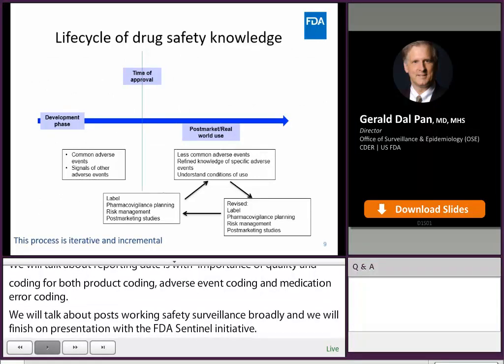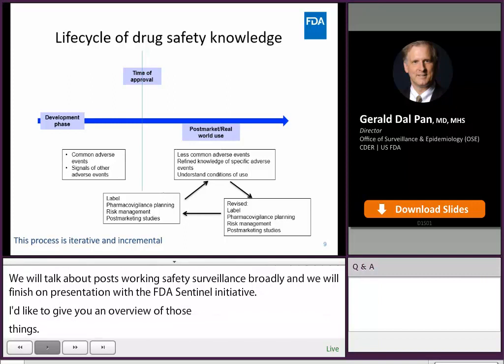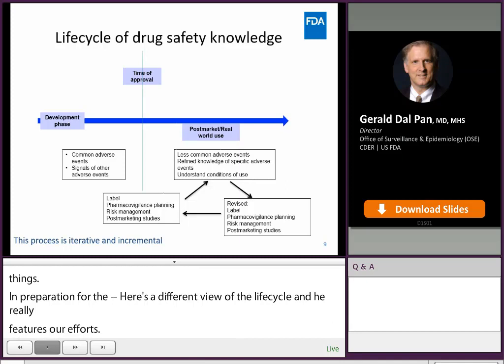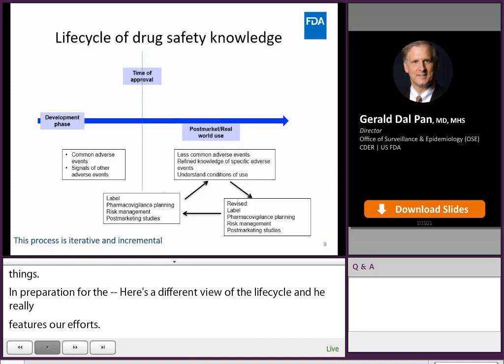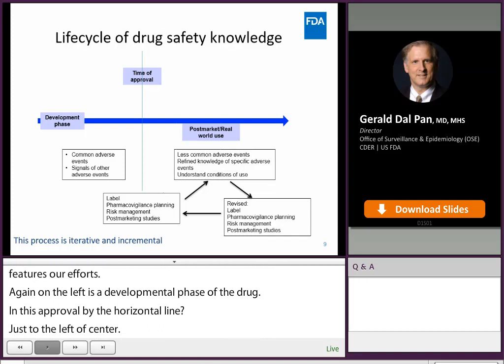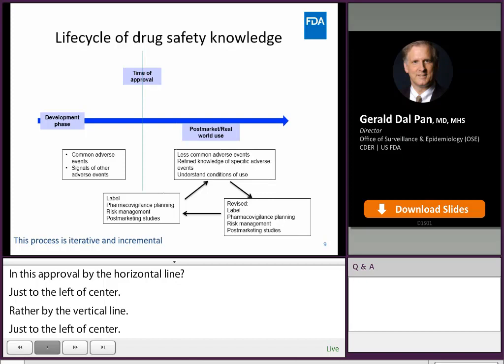hear. So here's a different view of the life cycle, and it really features our pharmacovigilance, pharmacoepidemiology, and risk management efforts. Again, on the left is the developmental phase of the drug. Then there's the approval by the vertical line, just to the left of center of the horizontal line, followed by the long post-market real-world use phase. So during development, we learn about the common adverse events of a medicine, and signals of other